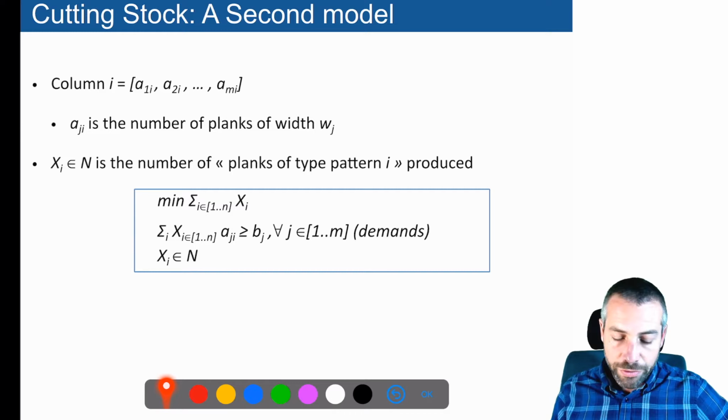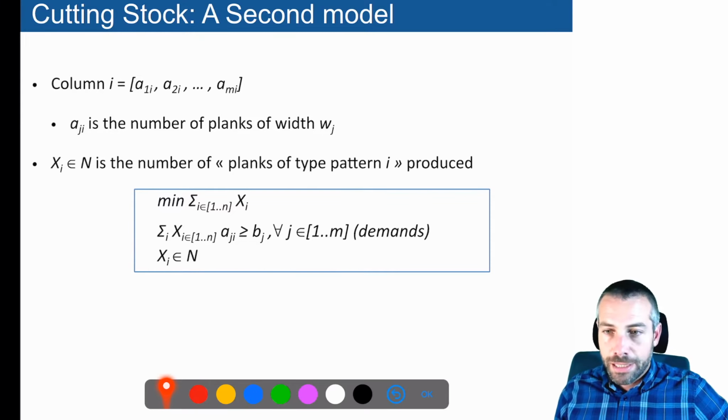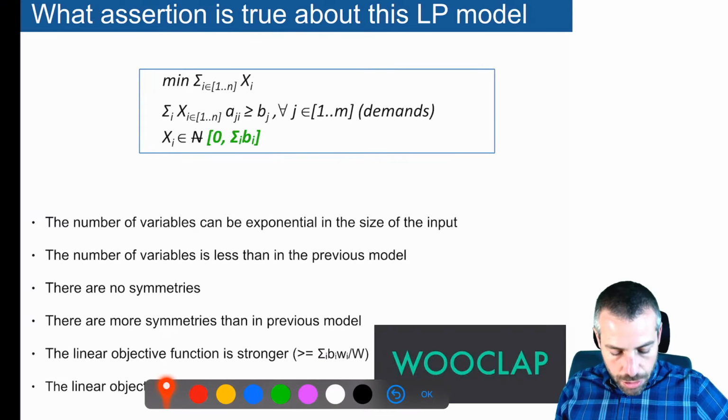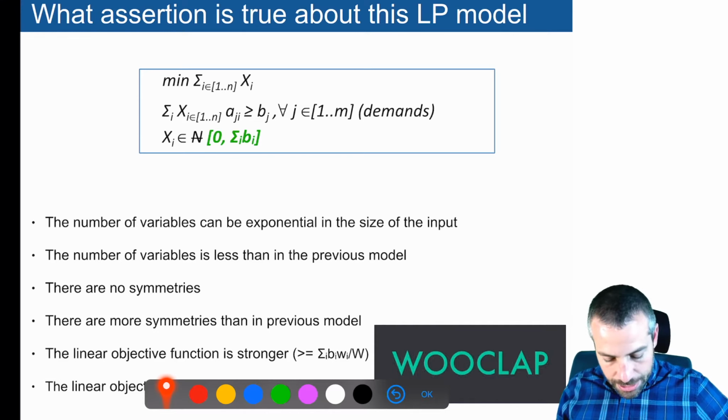Well, it's not totally equivalent, but at least it should generate the same solutions as the initial linear problem that I have introduced before. But in practice, there are some differences, and the drawbacks that we have seen before do not hold anymore. So this model will have a very good linear programming relaxation. There are no symmetries, so that's also a very good point here.